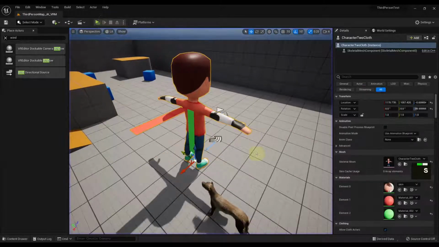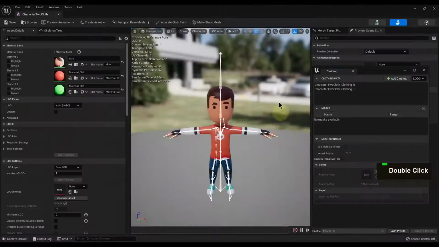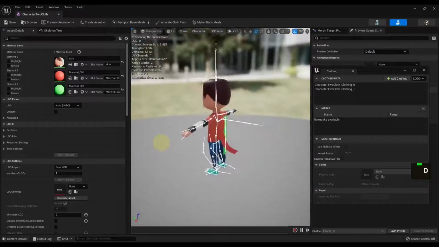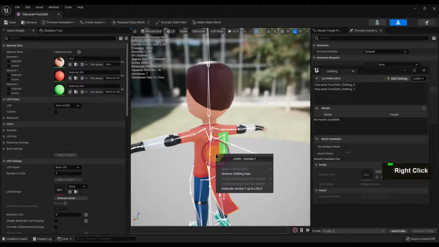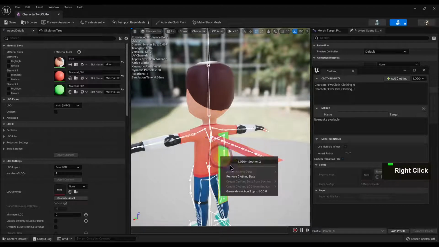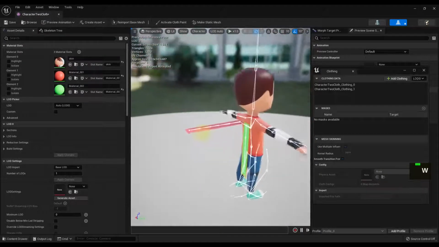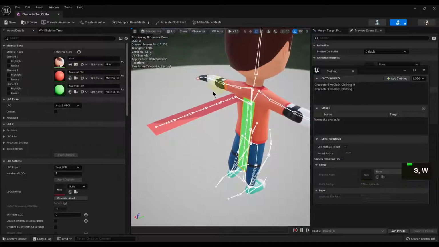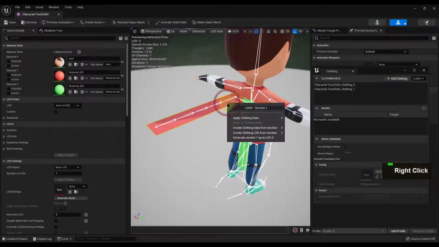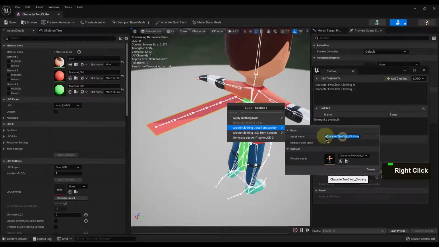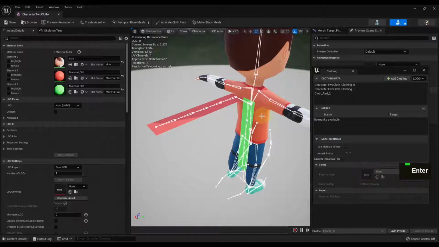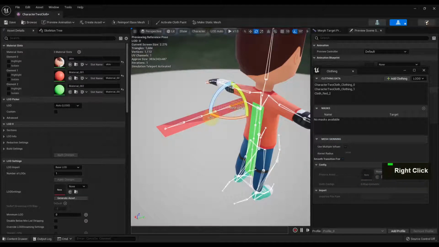And once again, the basic workflow for something like this. Let me just remove the clothing data, like that. Once you bring it into Unreal, if you had assigned a different material to the scarf, then you'll be able to select these strips of cloth individually, and then you can just right click and create the clothing data for it, and give it a name that you can identify easily, like cloth red. Then after that, apply it,